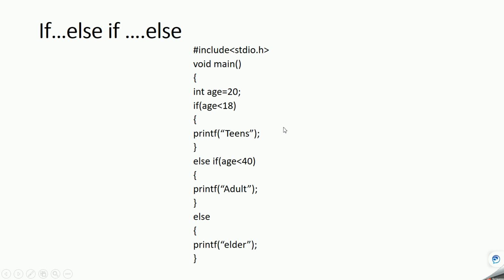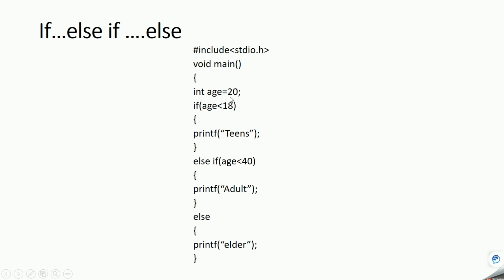Here we are given the age of a person, and we are checking if age is less than 18. Is 20 less than 18? No, it is false. So this condition is false. If this condition is false, it will come to this line and check if age is less than 40.